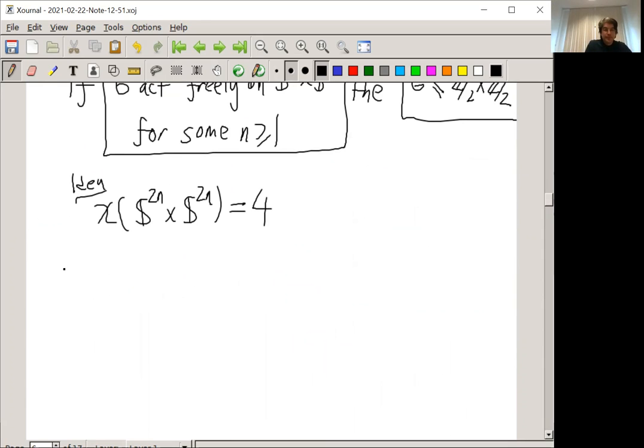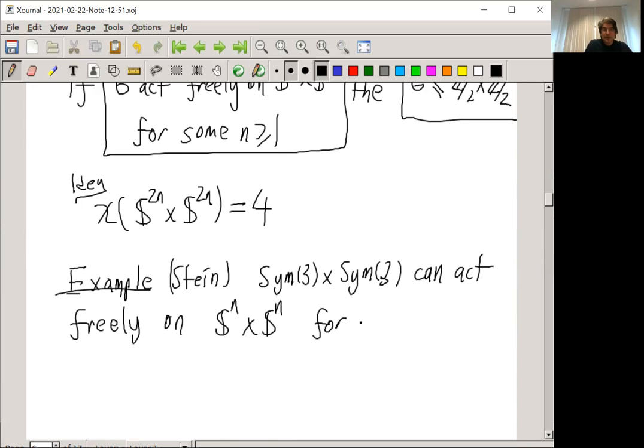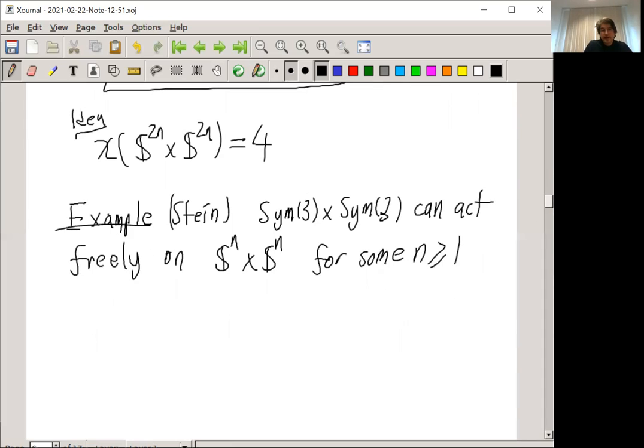Okay, and then some example by Stein was given, that the symmetric group on 3 letters cross the symmetric group on 3 letters can act freely on Sn cross Sn for some n. Okay, the point is, why is this interesting? Because the symmetric group on 3 letters cannot act on a sphere by itself, but when you take the product,